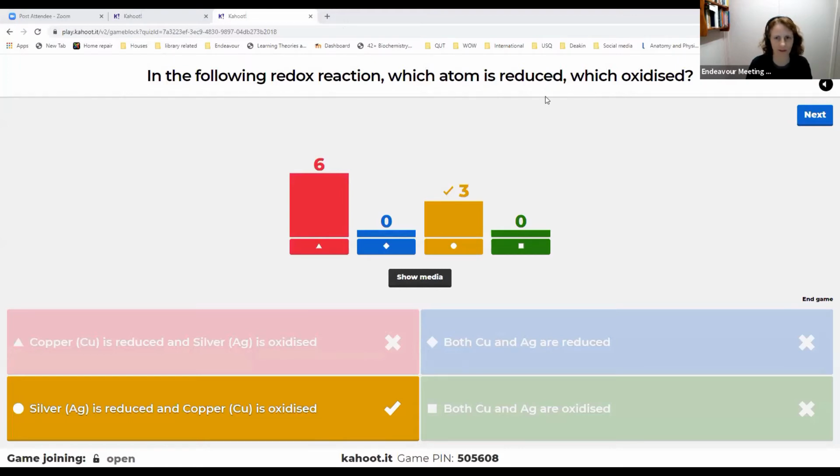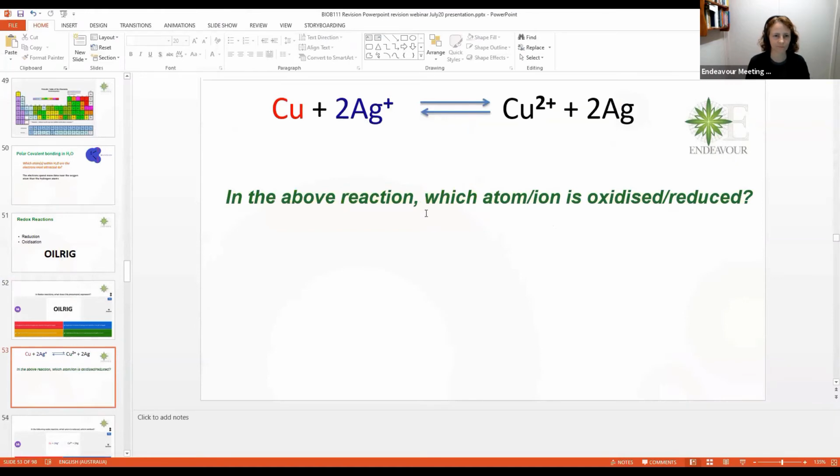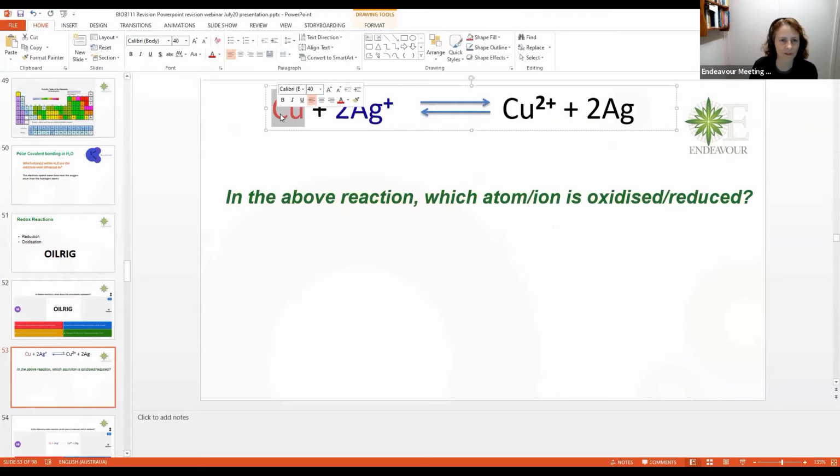So we'll just look at that on the PowerPoint. Okay, so here's the reaction. So copper at the moment on the left-hand side is in the solid form, and copper is going to 2